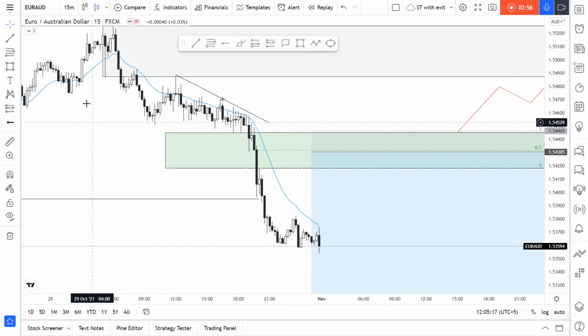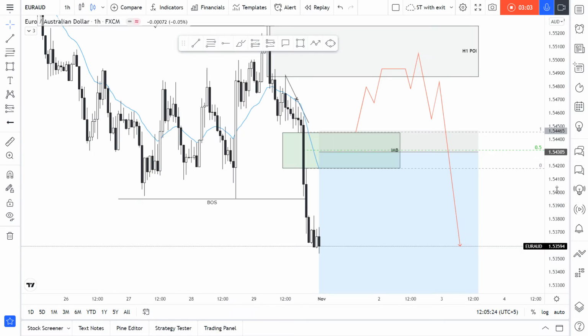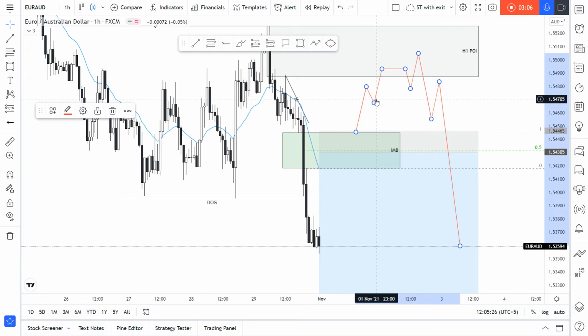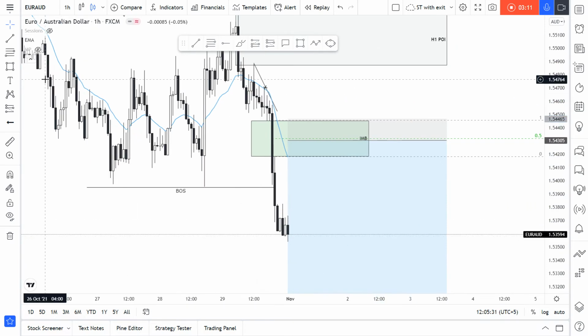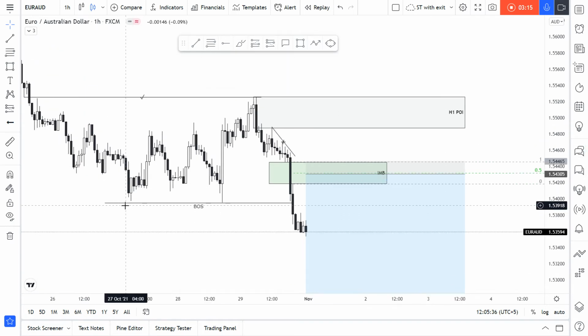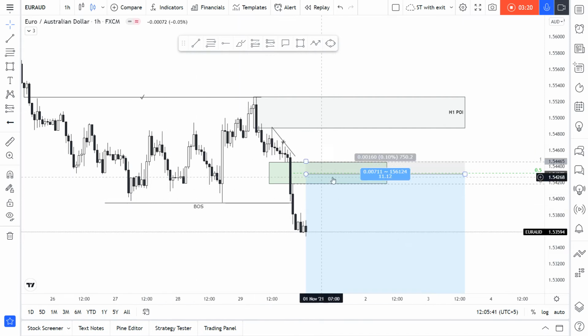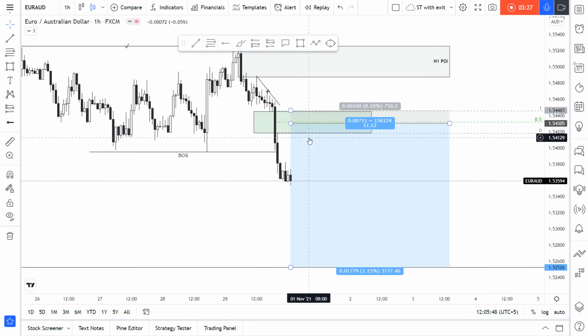Okay, guys, this is Euro AUD, and this is somehow similar to GBP AUD. As you can see, we got this break of structure to the downside, and on the first level of this impulse we have this imbalance over here, where we can potentially see sell shorts